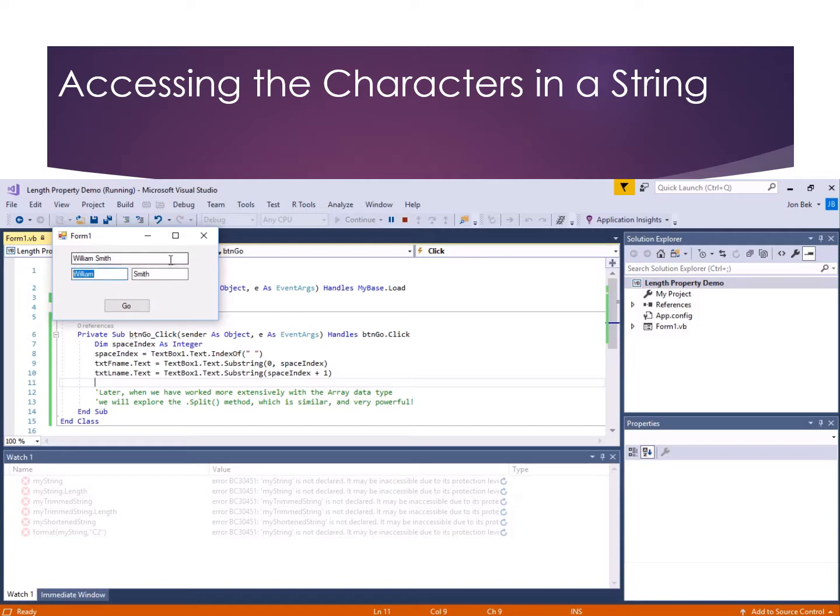And that works nicely. Now, one of the things that I hope you are noticing and you're thinking about is in my demonstration to exercise these methods, I'm not putting a lot of robust error handling. And if you think about it, there are some ways we could mess this up. So for instance, what would happen if you had a name like Sarah Mac space Donald? Which space is it supposed to use? Well, in this case, it works out happily because it takes the first space, but that doesn't have to be